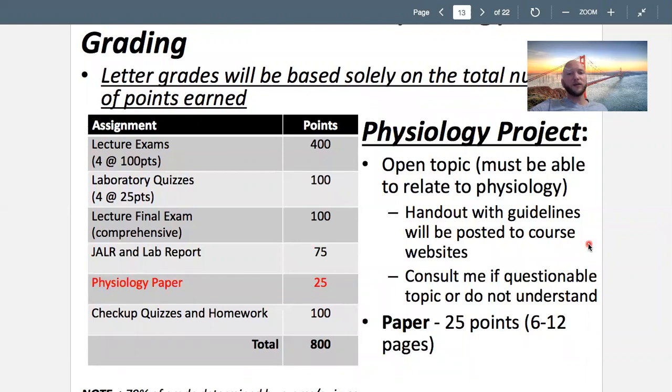It needs to relate to physiology somehow. It needs to be written at a college level. There needs to be research cited. Cite research. As far as topics go, it's pretty open, but students tend to pick